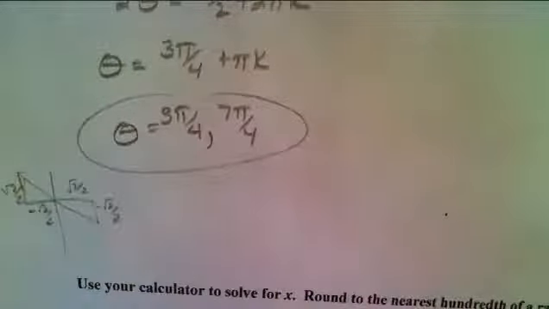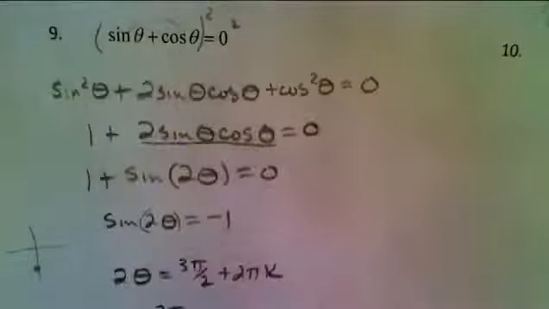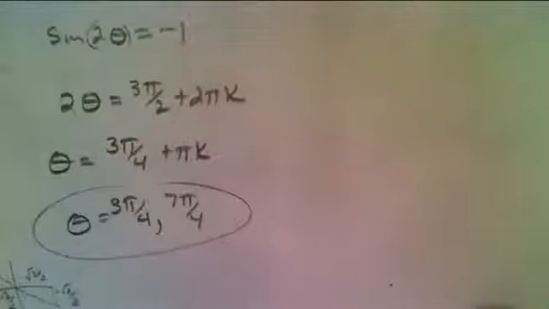Over here, the x value is positive, the y value is negative. When I add them together, I get 0, so they do both work. But you do have to check that, because you squared both sides of the equation, you always have to check your answers. Alright, and then the number 10,